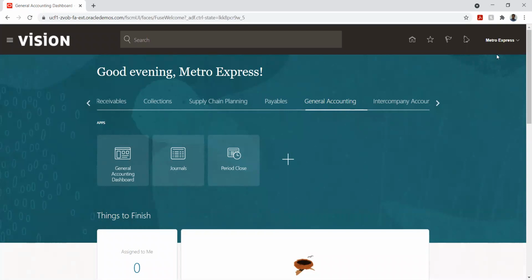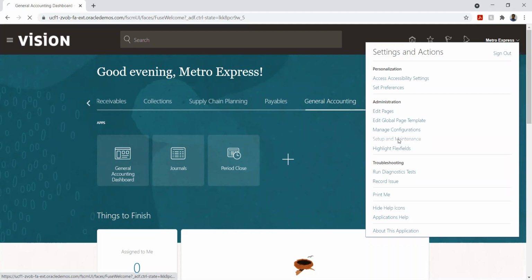Okay. So what we will do is check our daily rates. We attached corporate. So let's see whether we have the currencies involved in it.